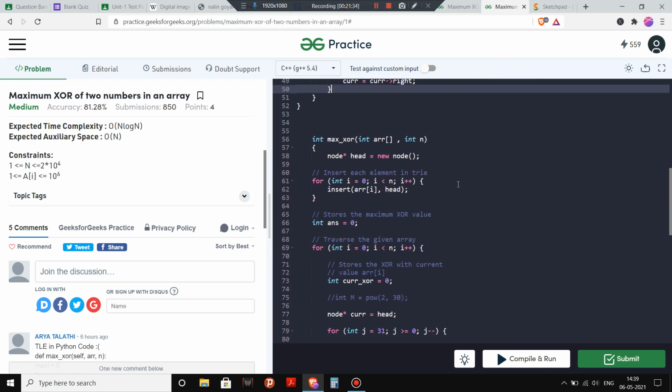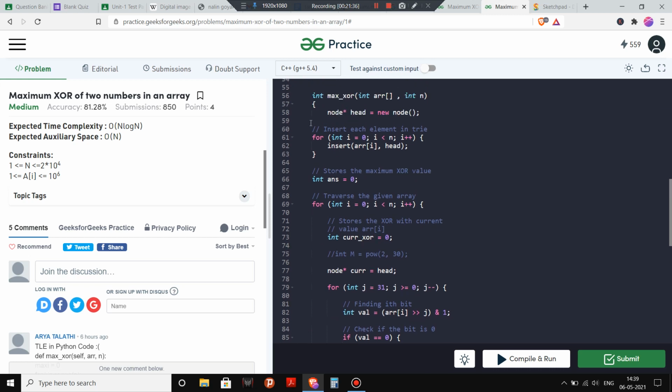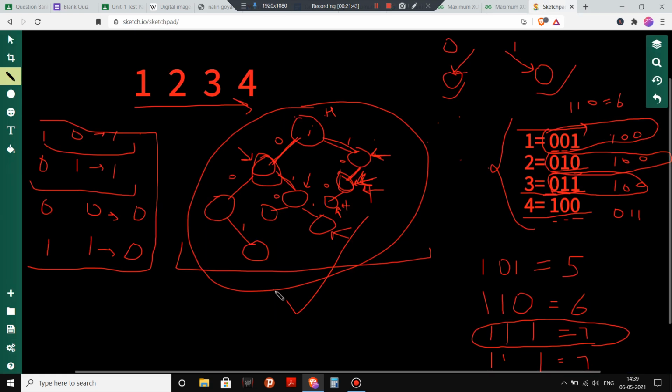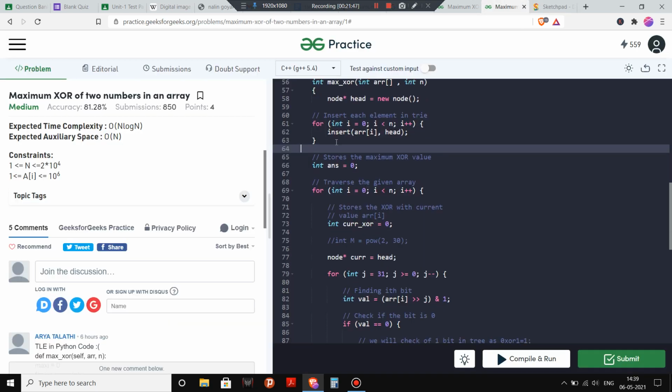Now I have inserted all my values in the head of the tree, and now my tree is looking like this. Now here I have int answer equal to 0. It will store the final answer, the final maximum XOR value.